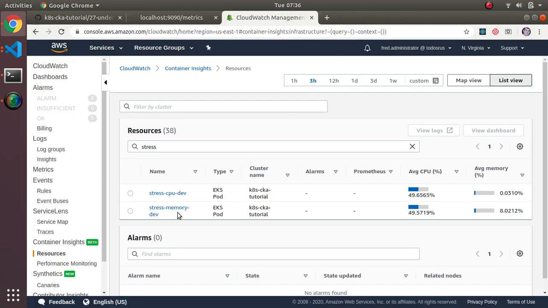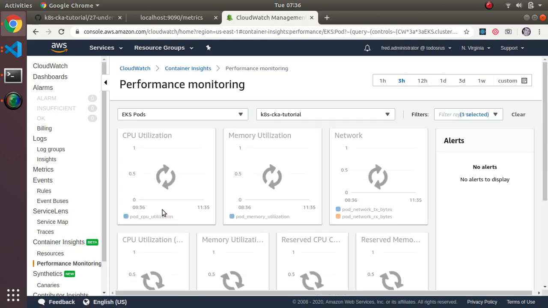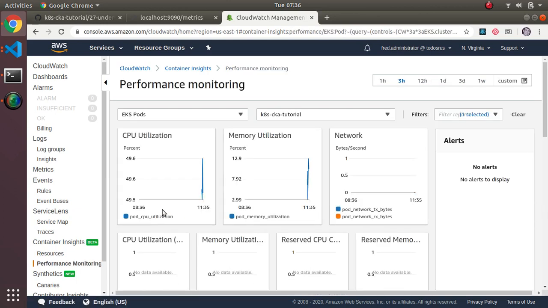Okay, so I'm just going to look under stress, and here's my stress memory, right? And you can now see some graphs, which are much easier to read than just the raw data, right? And let's see if I run it for the last hour. See if you can see more resolution. So, I don't know why it's spiking down, but remember I told you this memory utilization was not always